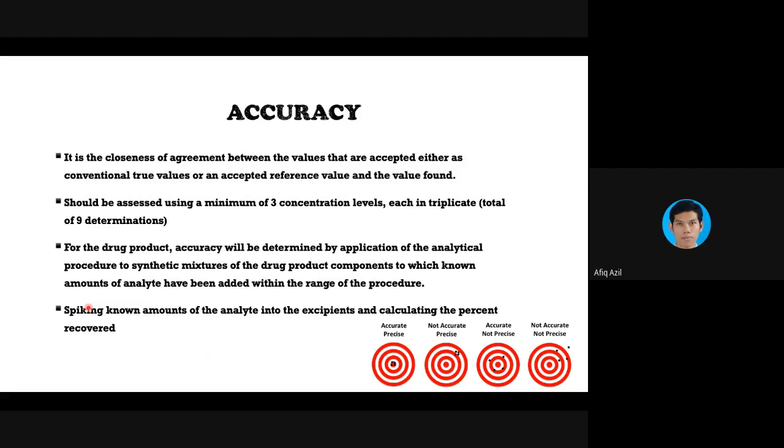Let's say the original formulation is 100 mg of an active ingredient. You spike, meaning you add another 50 mg, for example, to that formulation. Can the method detect that 50%? If it cannot detect it and just gives the same result, maybe 100 mg, then the method has to be reworked and re-optimized.